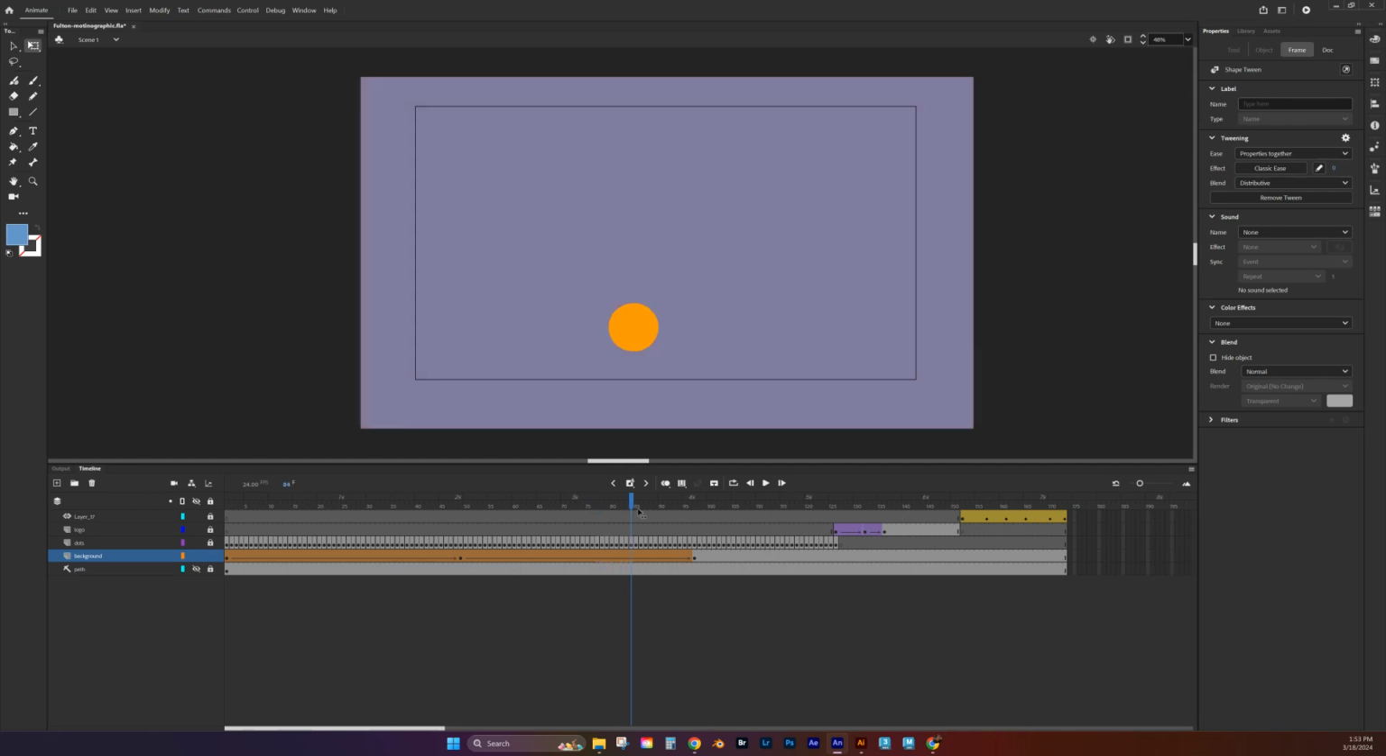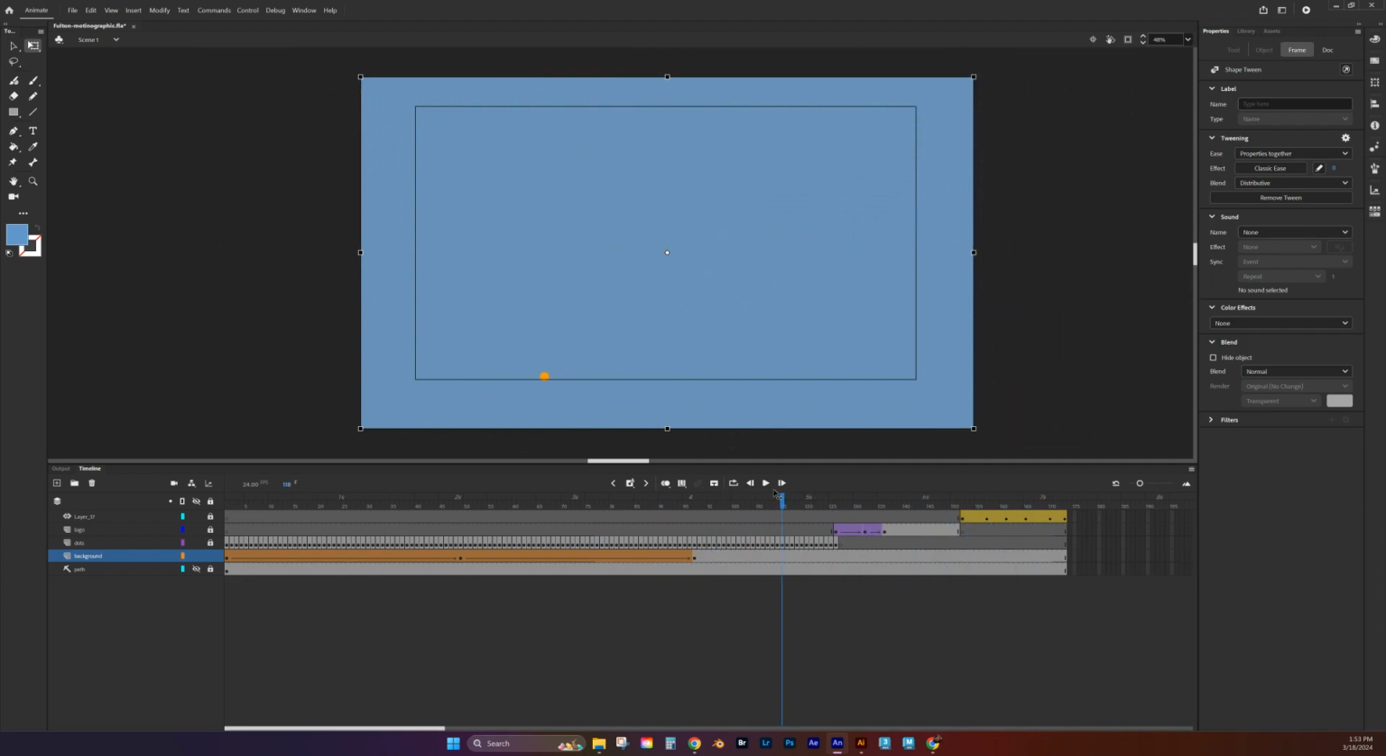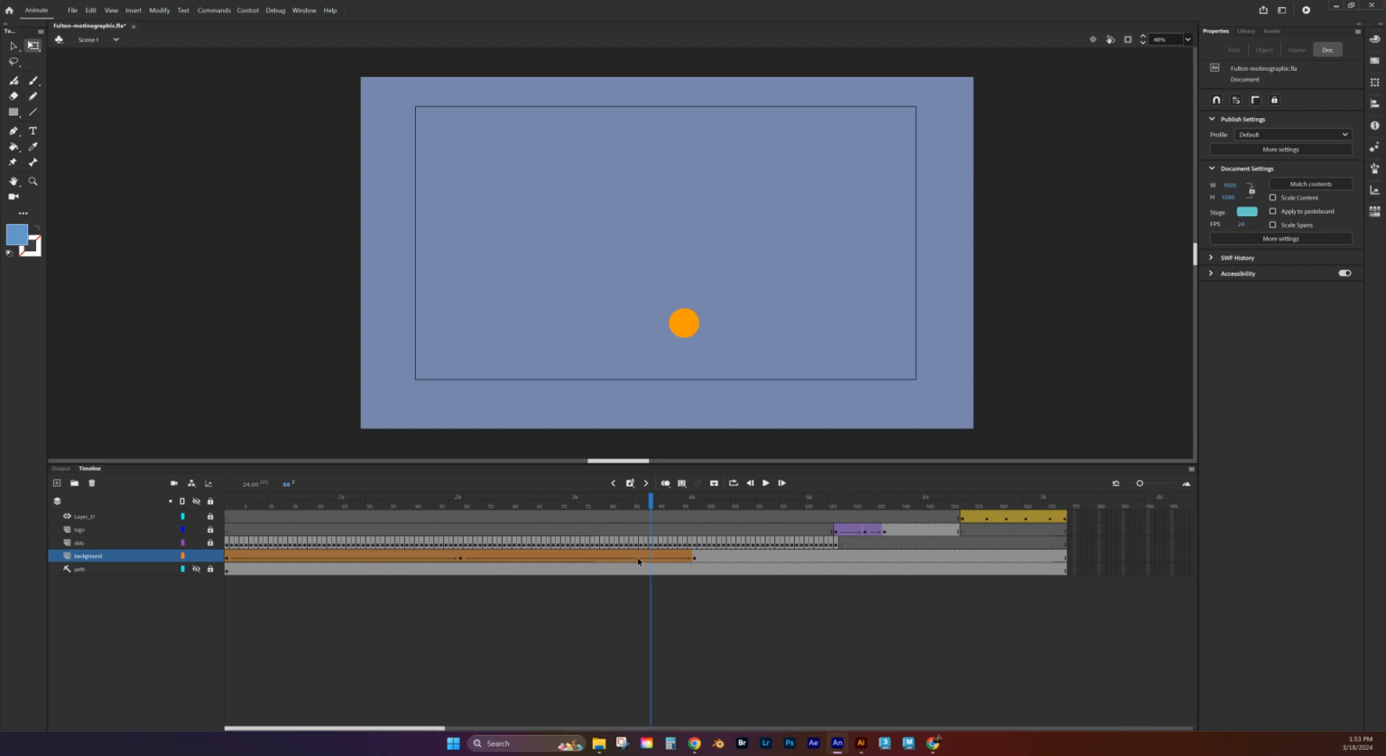And so it's kind of cool to understand how you can make different objects do different things with the various tweens that Animate has. So we've got classic tweens, we've got motion tweens, and we've got shape tweens. Have fun with these. See how you can make your animation, your motion graphic, as interesting